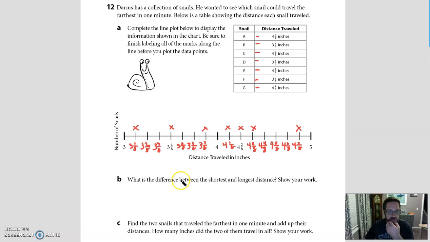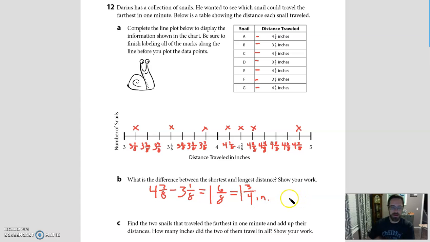So now I'm going to go look at my questions. What is the difference between the shortest and the longest distance? So basically, what is the range? That's what it's asking, the maximum minus the minimum. So the maximum is 4 and 7/8 minus our minimum, smallest, is 3 and 1/8. So let's see, 4 minus 3 is 1, 7/8 minus 1/8 is 6/8. Or we could divide both of these by 2 and simplify it for 1 and 3/4